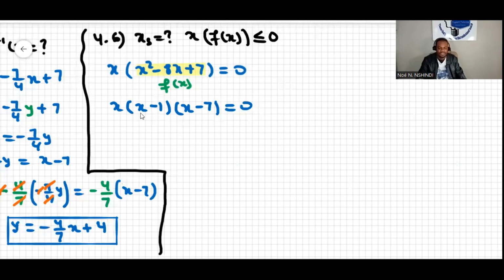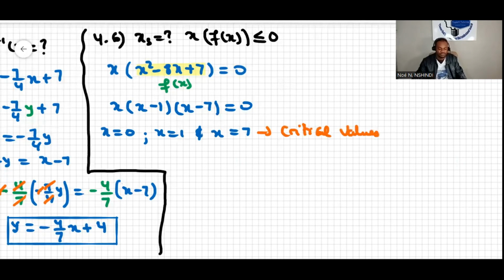The critical values here are 0, 1, and 7. These are the critical values. Now we can draw a number line to represent these critical values, and then see in which interval